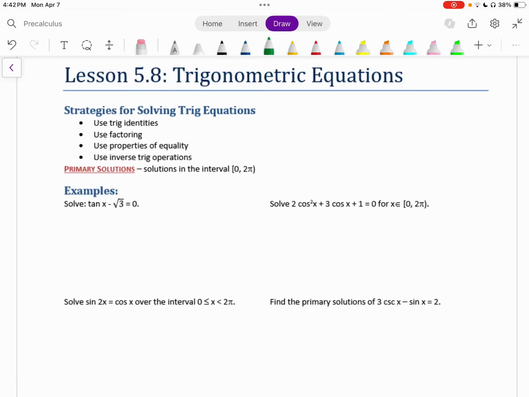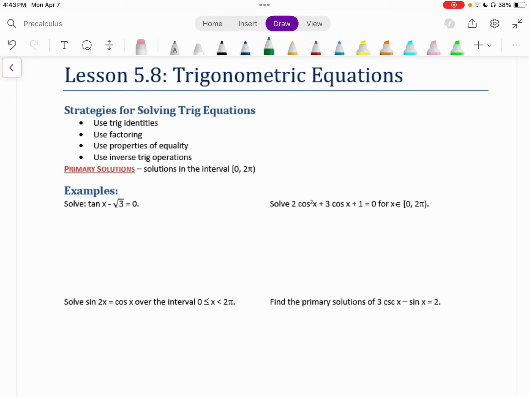All right, here in lesson 5.8, we're going to be solving trigonometric equations. As you see right here at the top, it says strategies for solving trig equations. Sometimes we'll use trig identities. We might have to use factoring, use properties of equality, and use inverse trig operations. So we don't use them necessarily in that order. Those are just some things that we're going to consider when